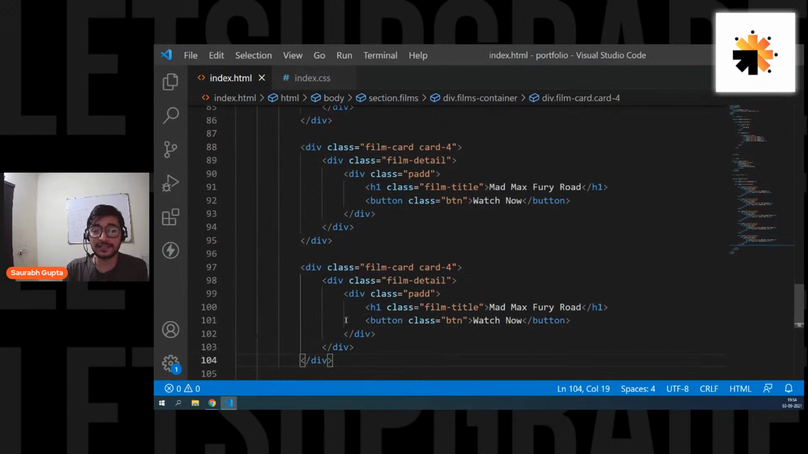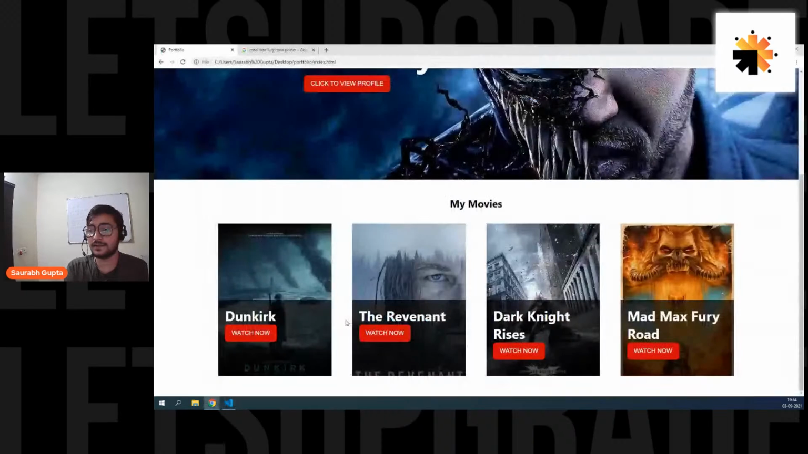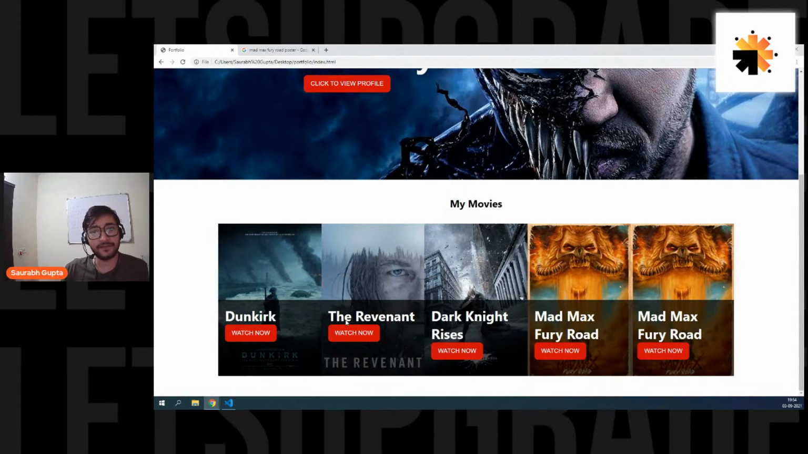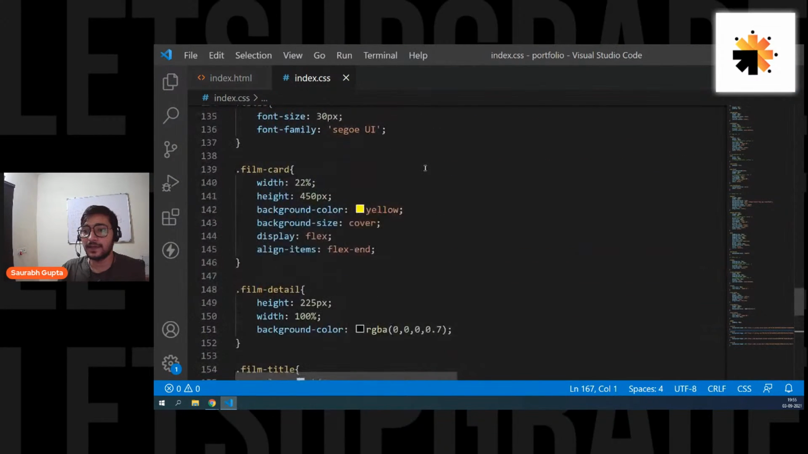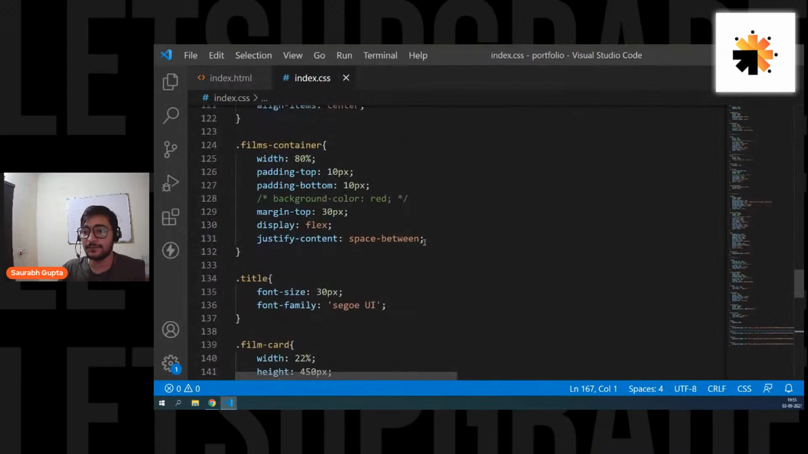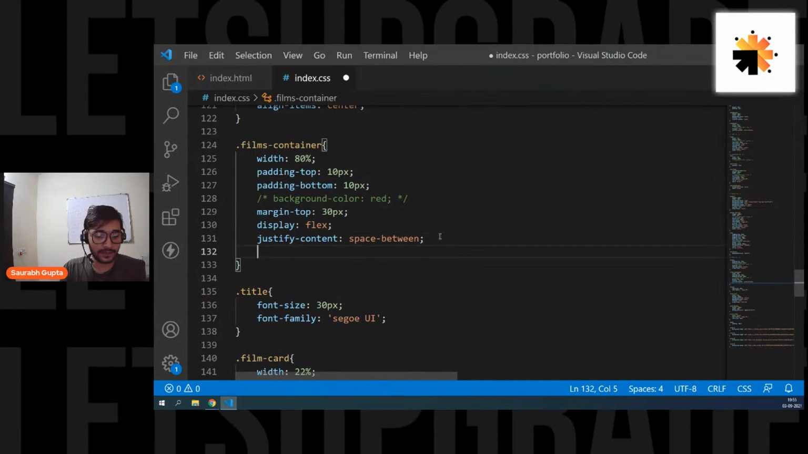If I create one more card, see what happens here. Because it's a flex box, it is trying to adjust everything in a single line. It's trying to shrink every element and adjust everything in a single line. So if you don't want things to happen like this, what you can do is go to your film container, and here you can apply one property, flex wrap,